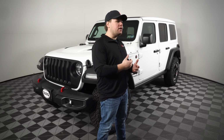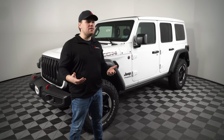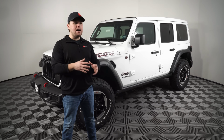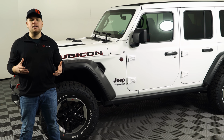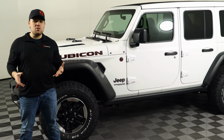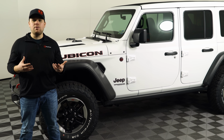I would say that if you're looking for those creature comforts on the inside of the vehicle, as well as all the options you can get on the outside, the Rubicon is a great fit, because not only are you going to get all of those creature comforts and the looks, you're also going to get the off-road capability. I would also argue that the Rubicon down the road has a much higher resale value than the Wrangler Sahara,